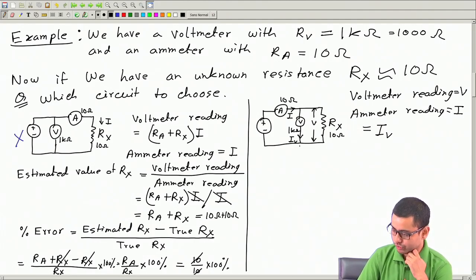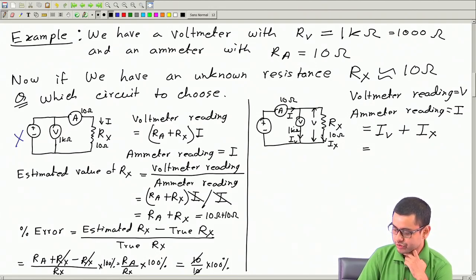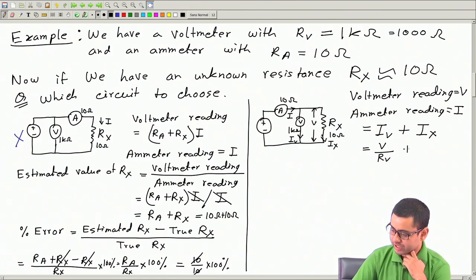So the current that goes through the voltmeter plus Ix, which goes through this, call this current Ix. So this current I has two components, IV and Ix. So I is this. Now let's find the value of IV and Ix. So IV will be this voltage V divided by this resistance. So it will be V divided by voltmeter resistance RV, and Ix will be V divided by the unknown resistance